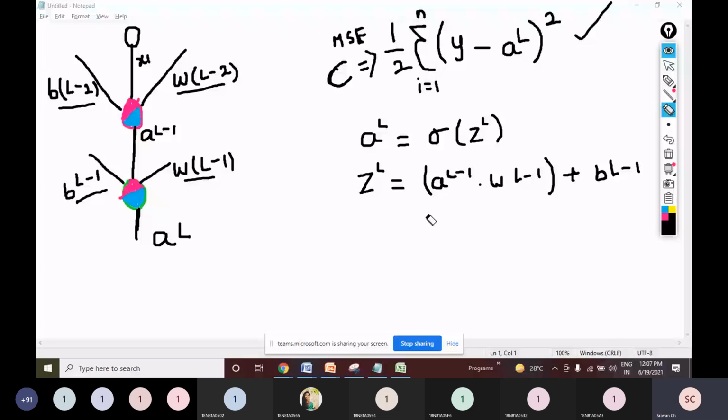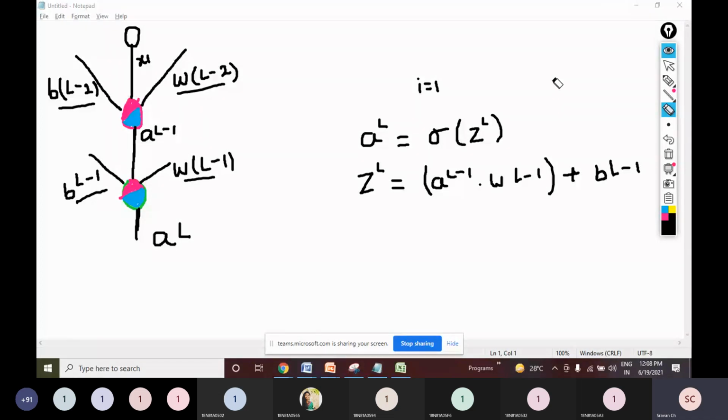So now let me derive the partial derivatives of the cost function with respect to weight. Now observe this diagram carefully, my dear friends. Observe the diagram on the left hand side. Please observe this diagram carefully. This is the actual math part which we were talking about. This recording you have to listen maybe one or two times, then you will get complete clarity.